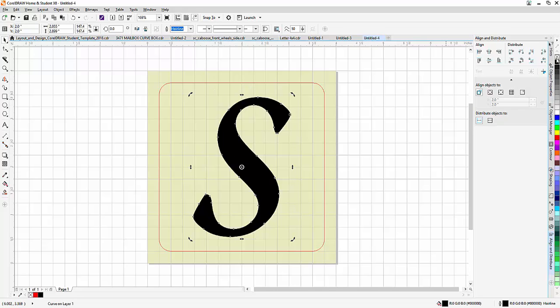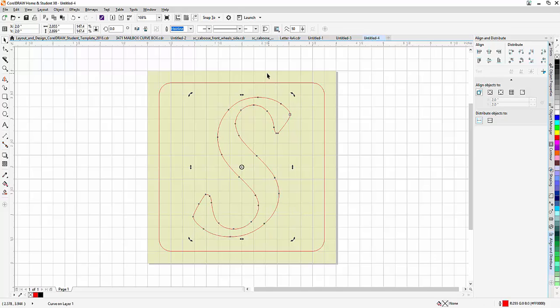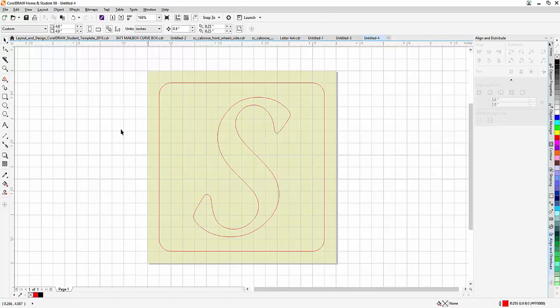And the last thing, I'm going to go through and I'm going to right click on the red here. That gives me a red outline, and I'm going to left click on this for no fill, and I'm going to make sure that my line weight is set to hairline, and then you're ready to cut this. This will be all vector cutting. I want to see your print preview before you